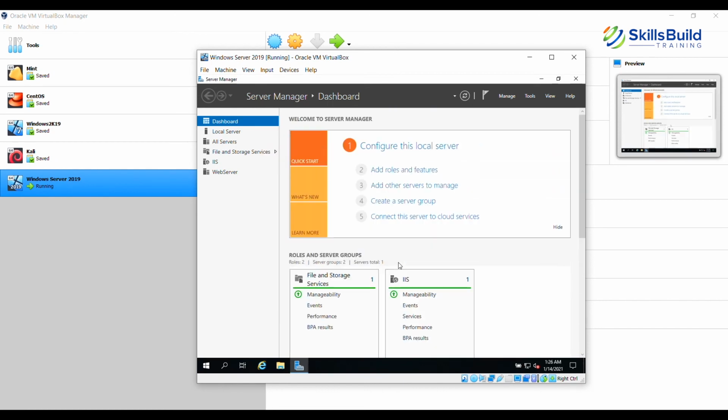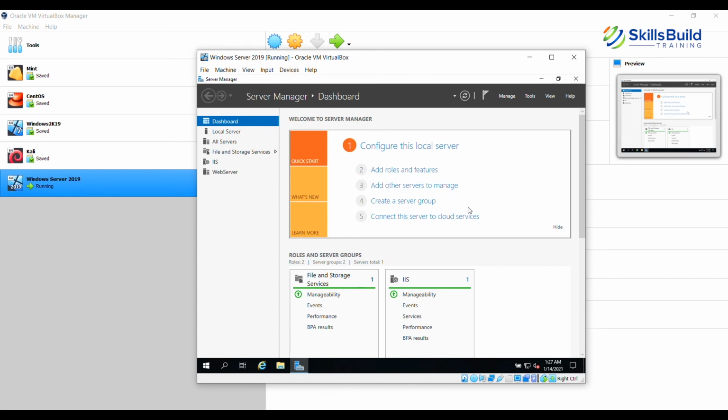You can club similar kinds of servers into a group, and then it's easy for you to manage. So for instance, all file servers can be clubbed into one single group. Another set of web servers can be clubbed into another server group, and there you can manage those groups individually. Otherwise, if there are 2, 3, or 4 servers, they're still easy to manage. But when you're talking about hundreds of servers, it's very difficult to monitor and individually manage them. So it's better to create a server group that can help you manage one single type of servers.